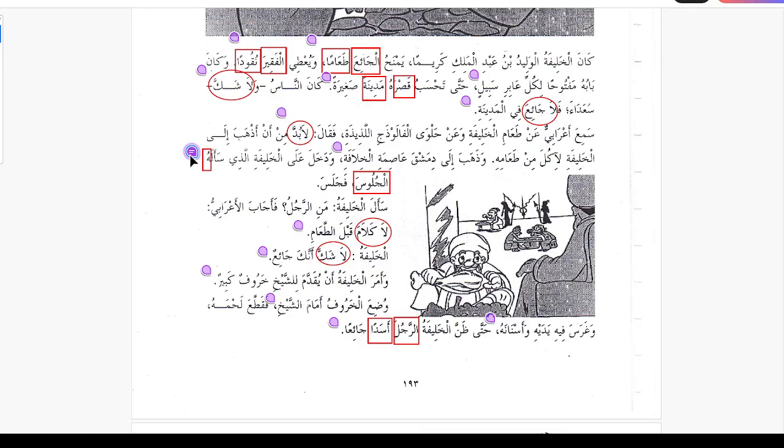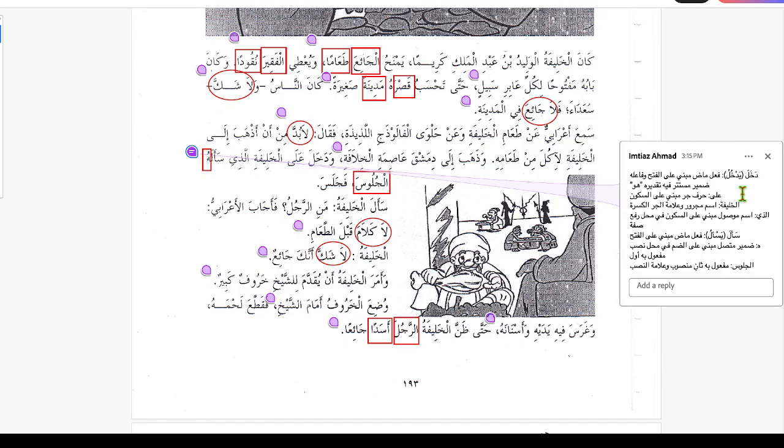So I have i'rab on this sentence. So dakhala yadkhulu, dakhala we know, fi'lun madin mabni al fathi, wa fa'iluhu damirun mustatirun fihi taqdiruhu huwa, the subject is hidden, which is huwa, and ala is harfu jarrin mabni ala sukun, al khalifati ism majroor wa lamatul jarri al kasra, and allazi we have studied that before. Allazi ismun mawsulun mabni ala sukun fi mahalli rafin sifa. So allazi is the sifa for al khalifa, and because it's mabni it won't show the changes, so we have to say fi mahalli rafin sifa, because